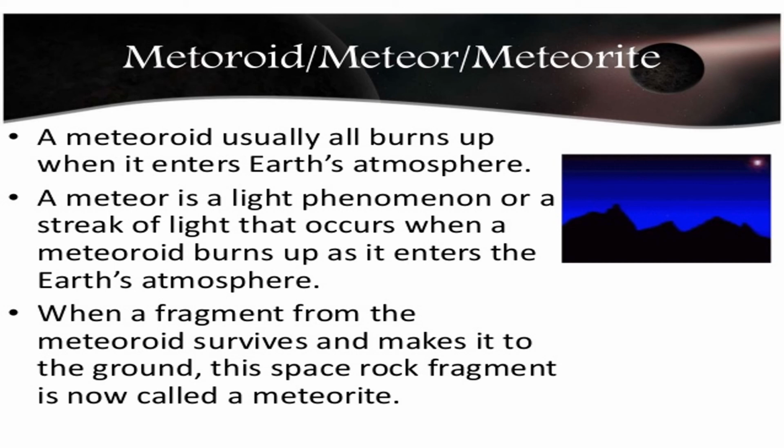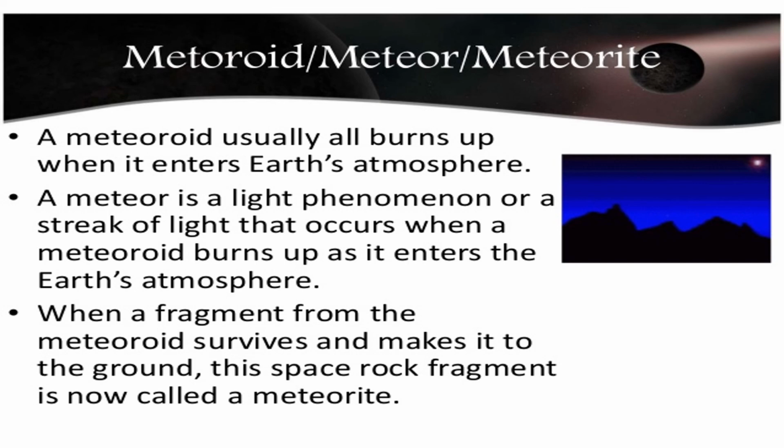Now, a meteoroid usually all burns up when it enters the Earth's atmosphere. That is why when it enters the Earth's atmosphere, nawawala na sila. Hindi nyo na sila nakikita. A meteor is a light phenomenon or a streak of light that occurs when a meteoroid burns up as it enters the Earth's atmosphere. When a fragment from the meteoroid survives and makes it to the ground, this space rock fragment is now called